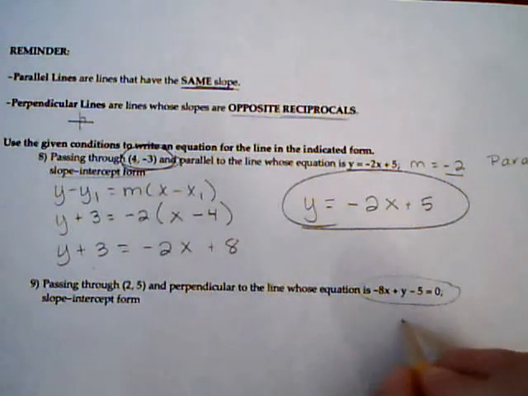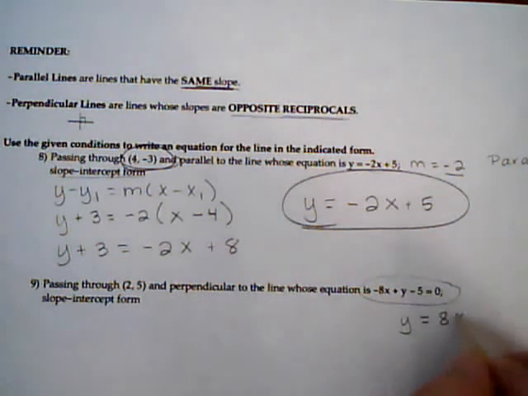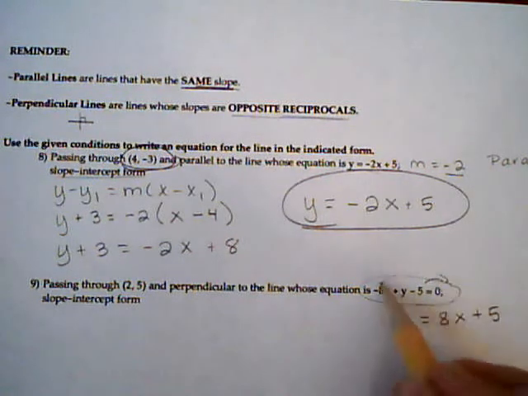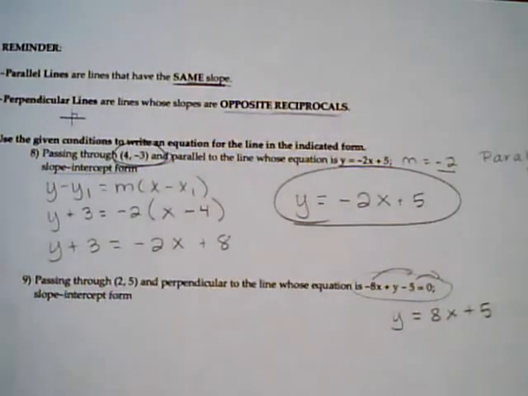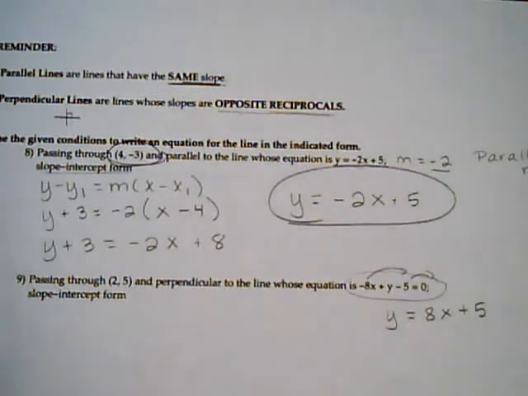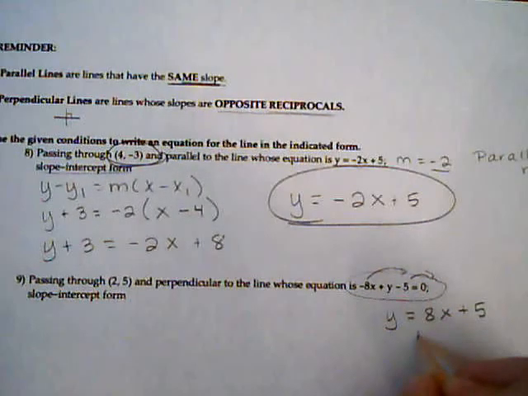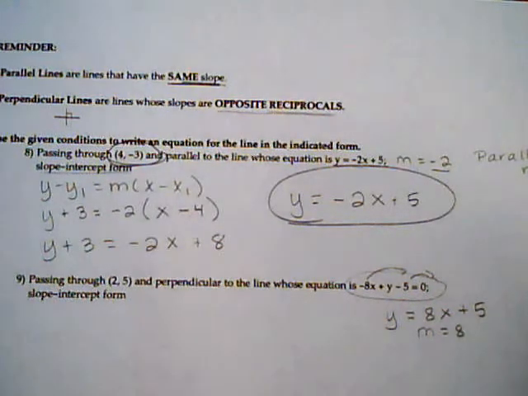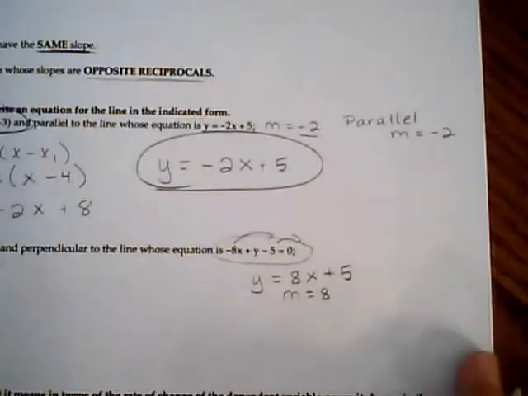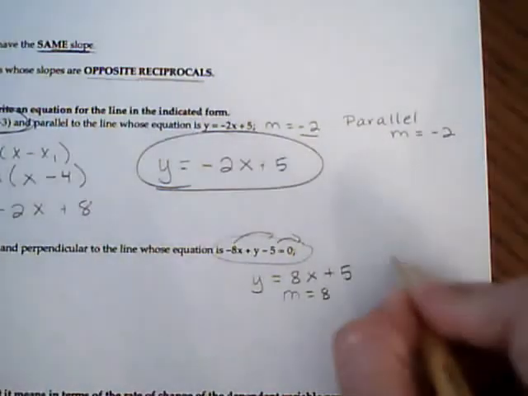But if I solve it for y, that means I add 8x and then I add 5, I just move those over across the equal sign so that I can get it in slope intercept form, I can see that the slope of this line is 8. So that means my perpendicular slope